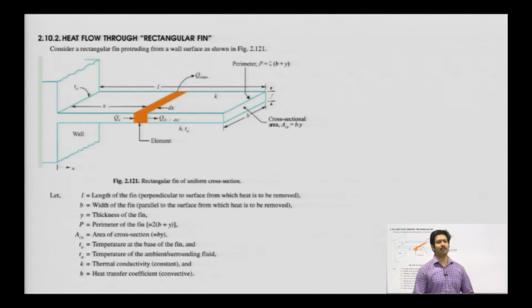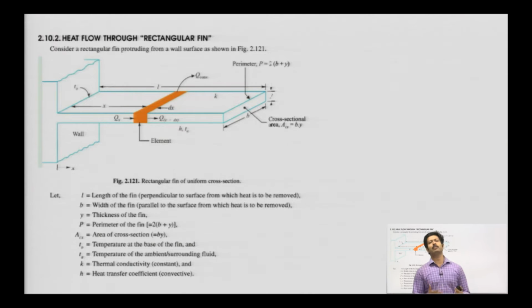It is heat flow through the rectangular fin, the same thing that is coming up. I won't be discussing much about this, just the basic idea again. Qx is the heat coming into the elemental fin that is marked with orange. Let me tell you once again that this presentation has been made from the book of Mr. R.K. Rajput by Dr. R. Senthil and by Dr. C.P. Kothandaraman. Let's get into it once again.